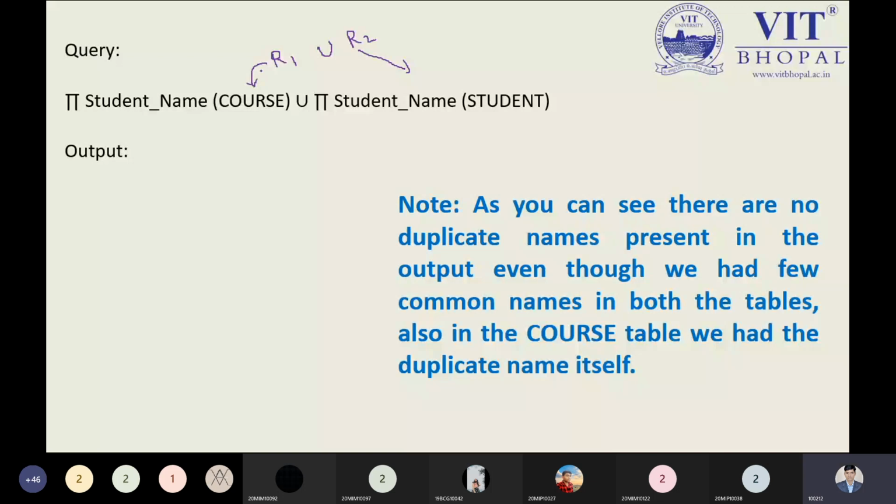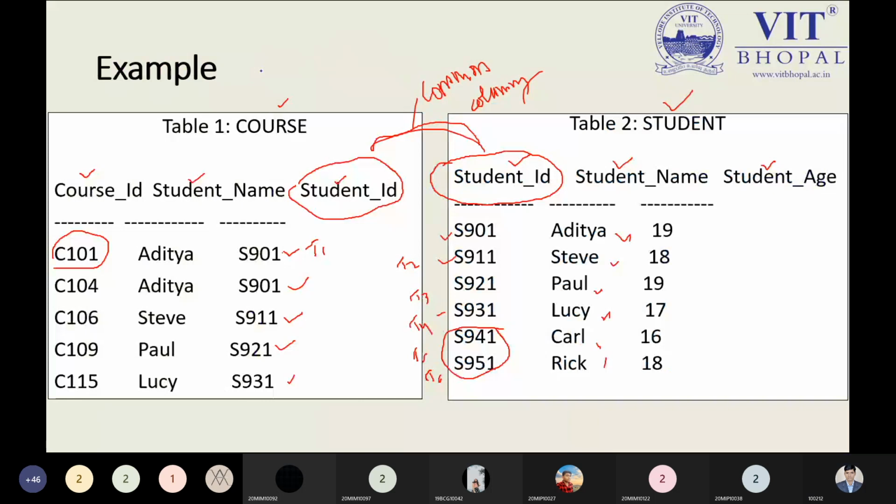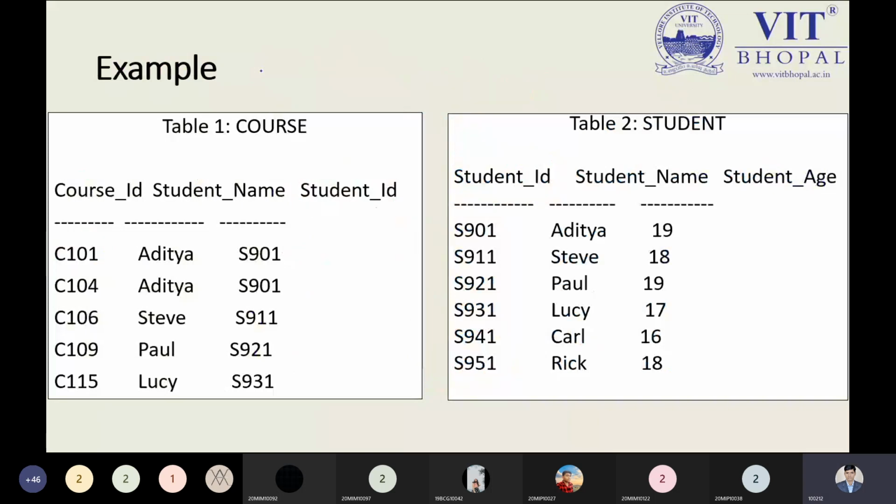Let us understand this in a simple way. Aditya is a student name coming over here. Now from this table, Aditya is also here. So instead of three times Aditya, it will display only one time Aditya.